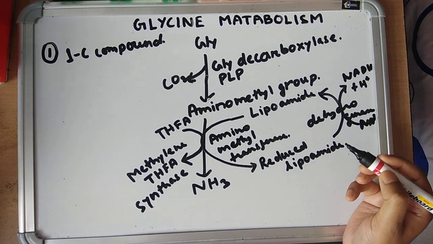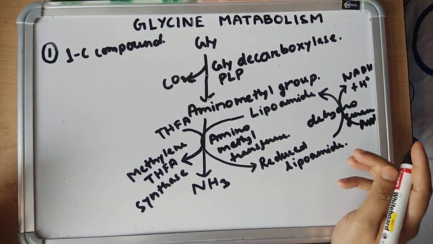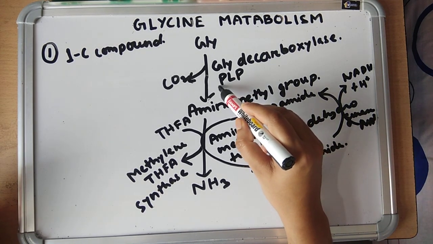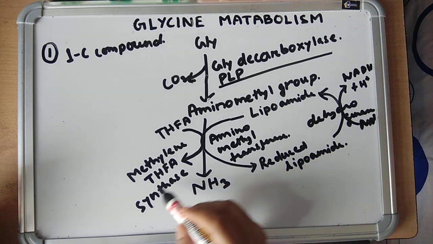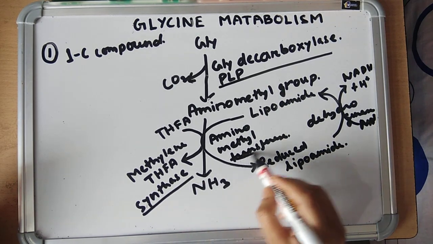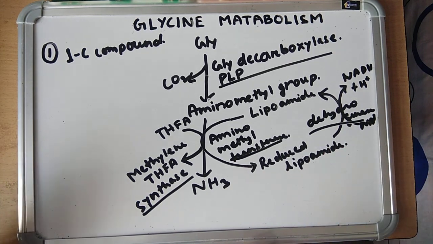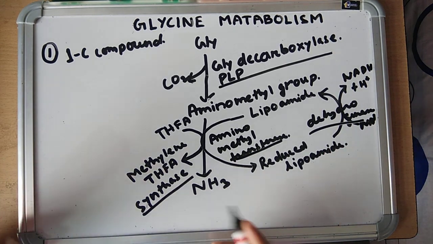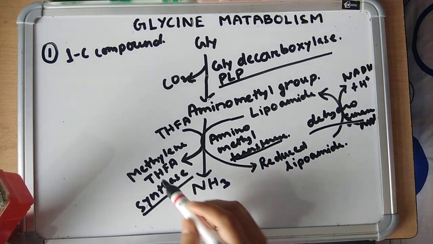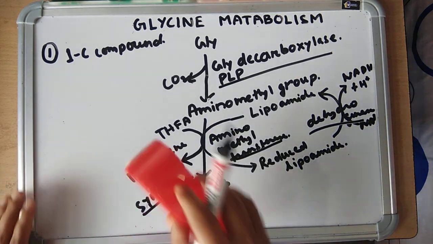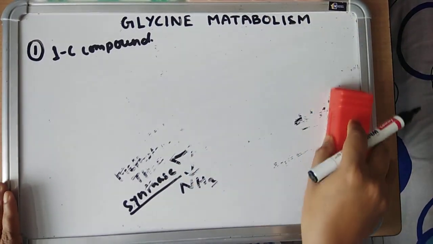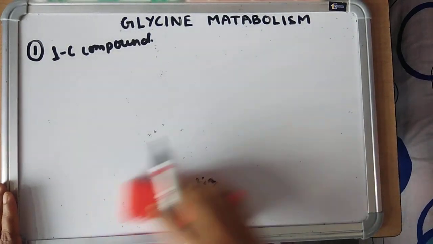So this is the glycine cleavage system. This multi-enzyme complex has four enzyme activities: glycine decarboxylase, then methylene tetrahydrofolic acid synthase, aminomethyl transferase, and dihydrolipoamide dehydrogenase. The reverse can also occur. So from carbon dioxide, ammonia and methylene tetrahydrofolic acid we can have glycine, but the name of the enzyme is glycine synthase complex, which consists of the same enzymes.